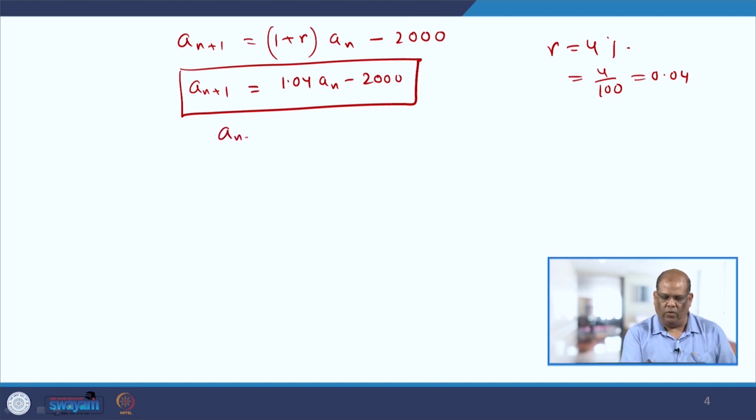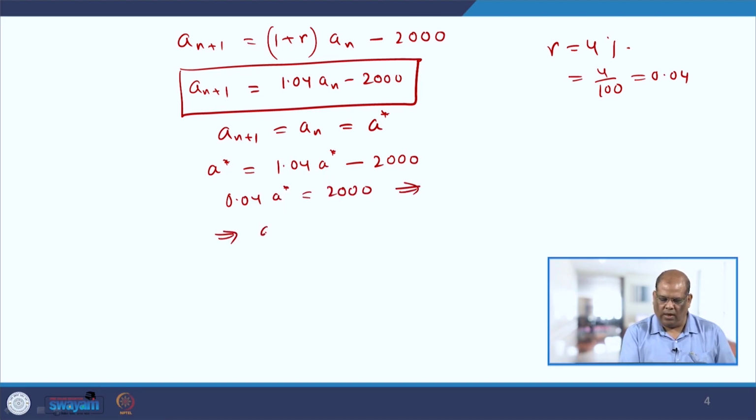So, basically you have to get that equilibrium solution such that your account never runs out of cash. If there is no change from the n to n plus 1 generation, then you take that value to be A star, which is your equilibrium solution. You substitute it here. So, you get A star is equal to 1.04 A star minus 2,000. So, 0.04 A star equals 2000, and this gives you A star equal to 2000 divided by 0.04,